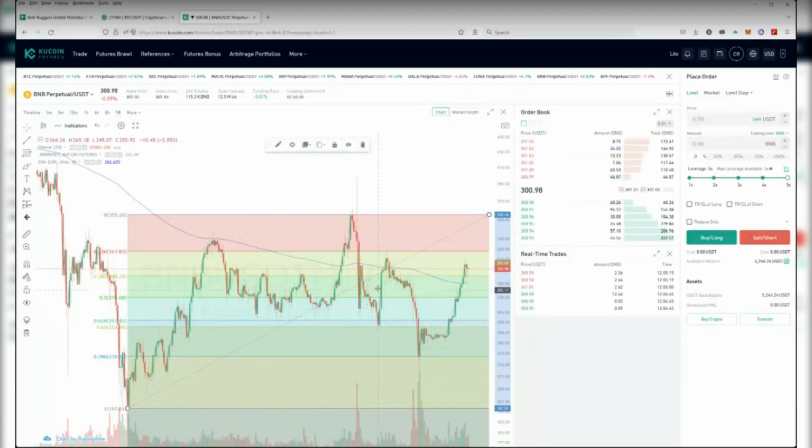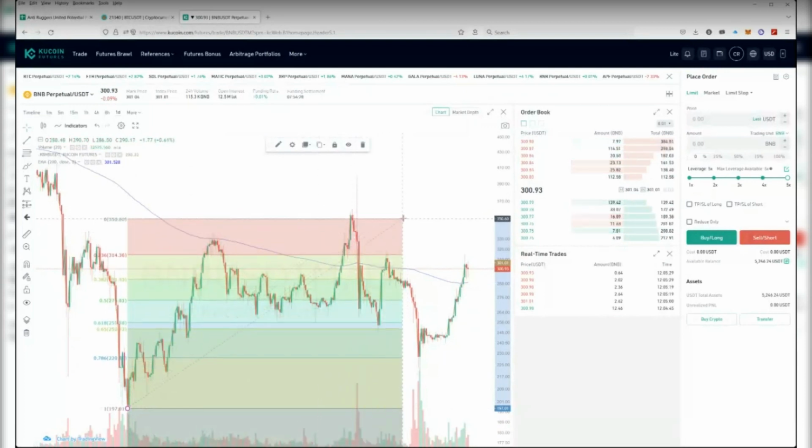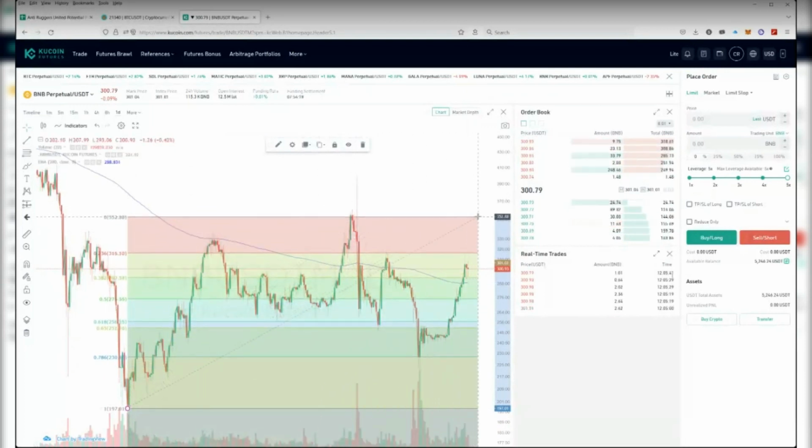I don't care about this stuff. I only care about the future, because I could have drawn this chart before I knew any of this stuff, right? So let's say maybe this was the top. I drew the chart to here. Now I'm looking at retracements, and see, look at that.